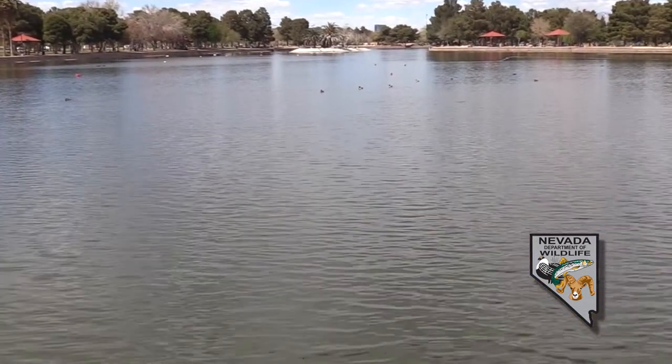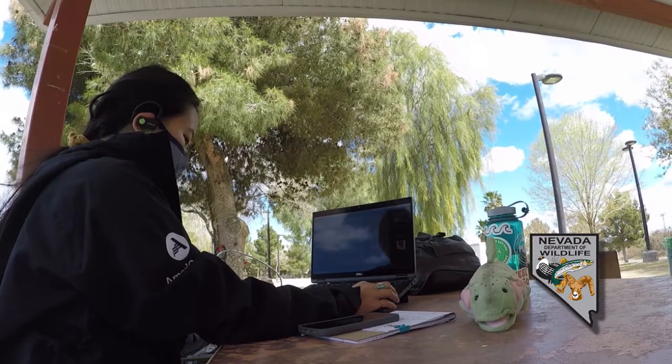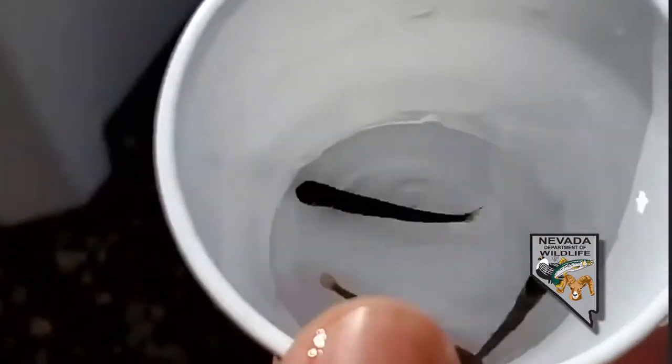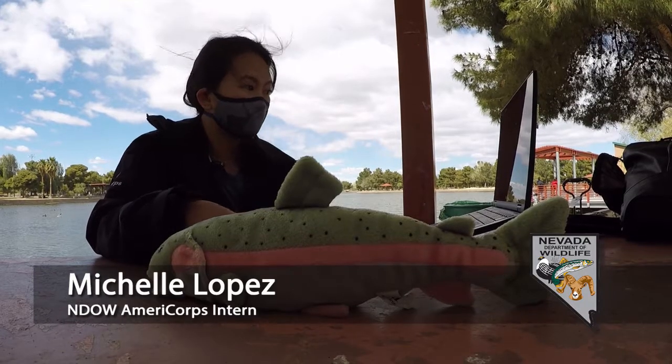And this is our trout release. So this time, because we had to do it virtually, our field trip was all virtual. So we did do stations, but through the computer, and then that way the kids could still see the eggs released as trout. So in addition to our rainbow trout, we also have channel catfish, bluegill sunfish, green sunfish, largemouth